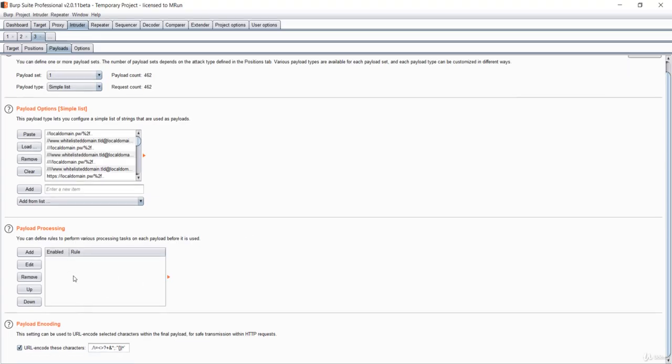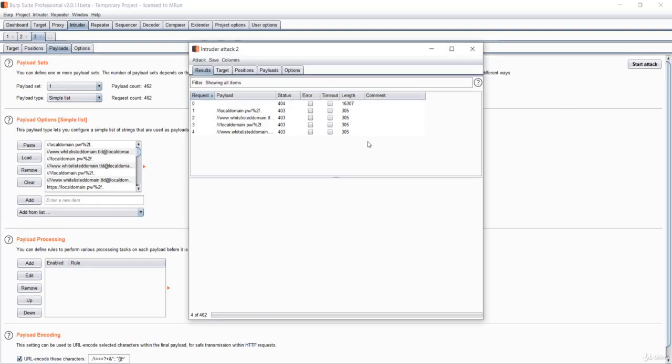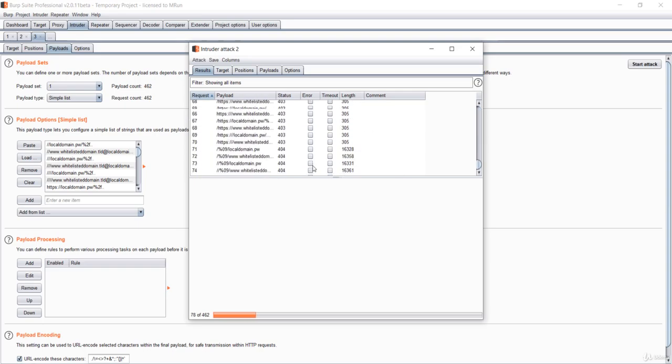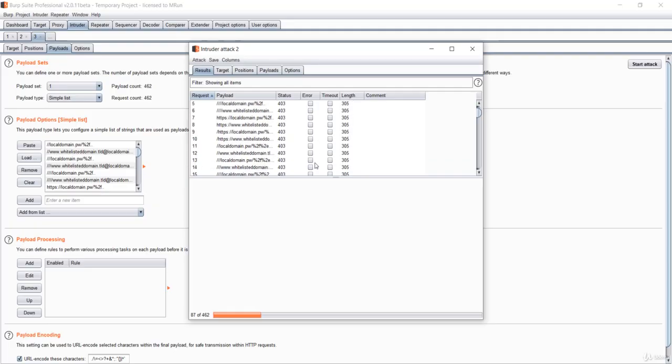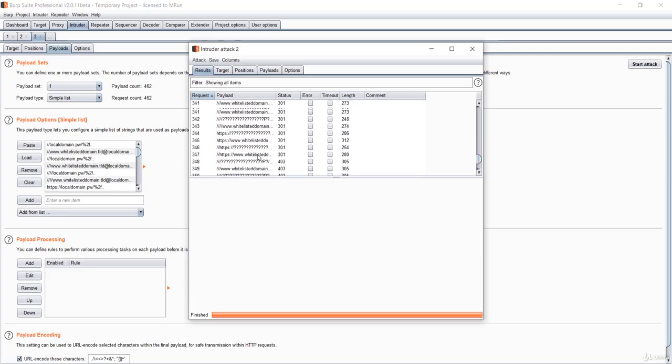All you need to do is check the payload count and simply start the attack. It will take some time, so give it time and wait until it processes all of these payloads. So it has successfully executed all the payloads. You can see it took a minute for me.